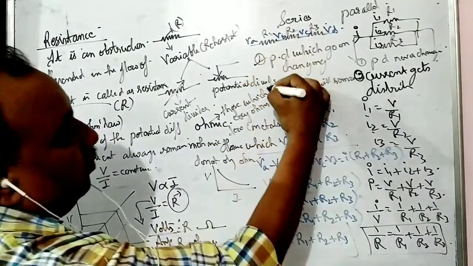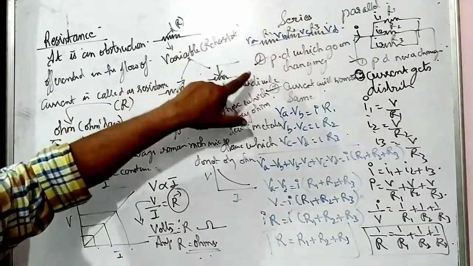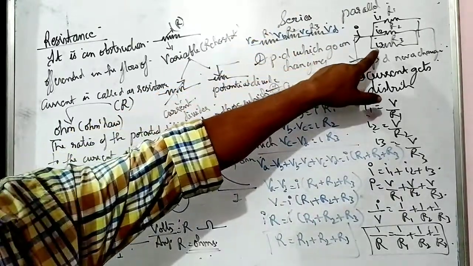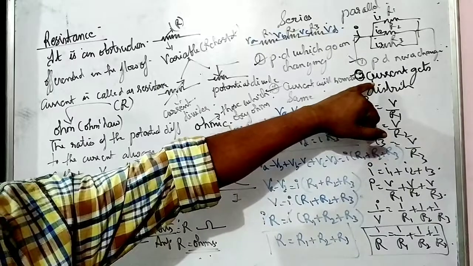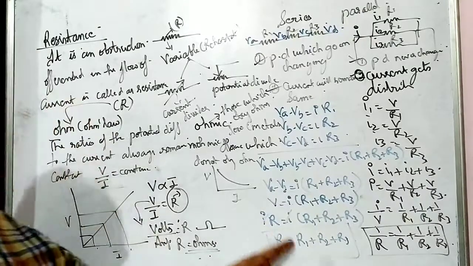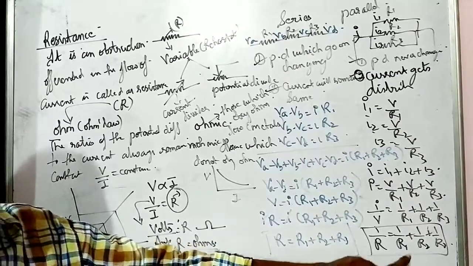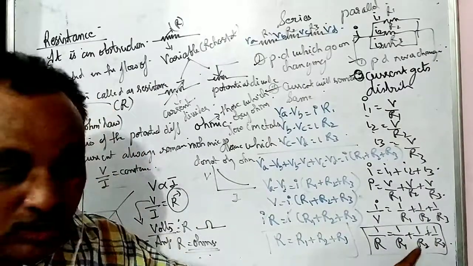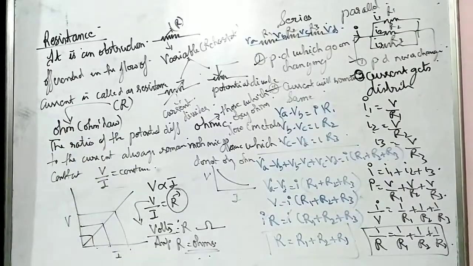So these are the two important points: whenever you use resistances in series or in parallel, the potential difference will go on changing in series, but in parallel it will remain the same. In series the current remains the same, but when connected in parallel, the current gets distributed according to the resistances. But the final result is that in series the total resistance is the sum of the resistances, and in parallel the sum of the reciprocals gives the total. In parallel the total resistance decreases, in series the total resistance increases.